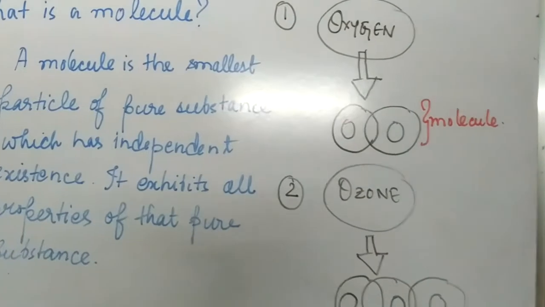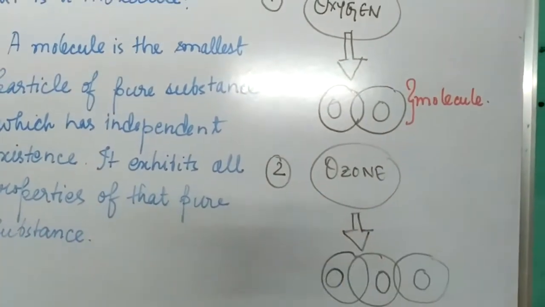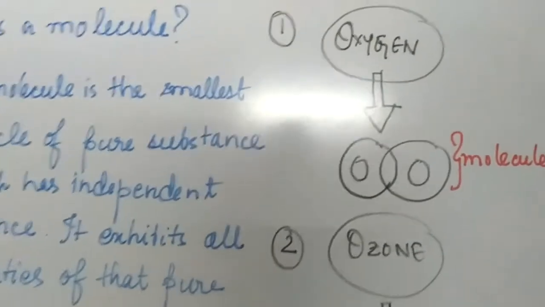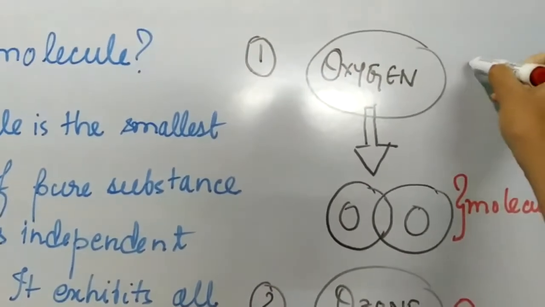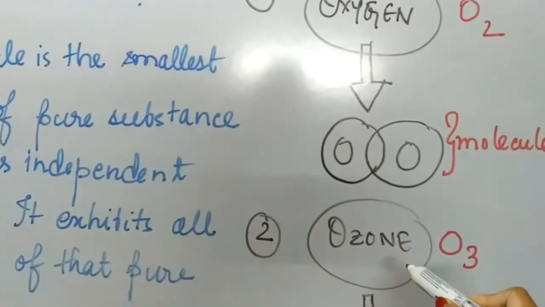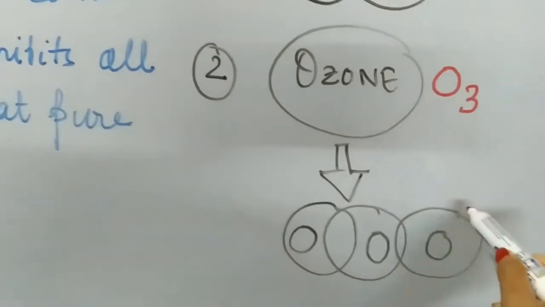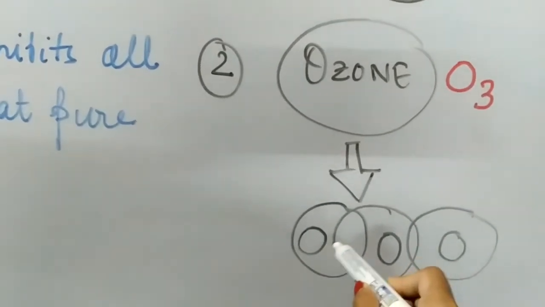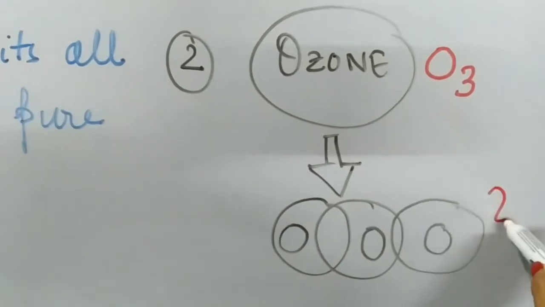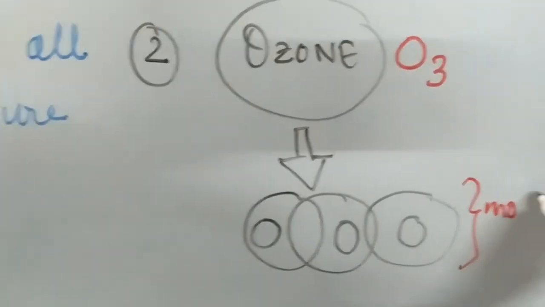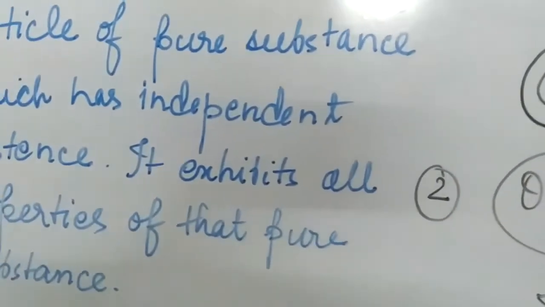In the second case, as you all can see, this is ozone. Now ozone, the formula is O3 and oxygen is O2. That means in case of ozone, how many molecules will be there? Molecule will be one. But atoms are how many? 1, 2, 3. So this is again a molecule. Okay. So students,